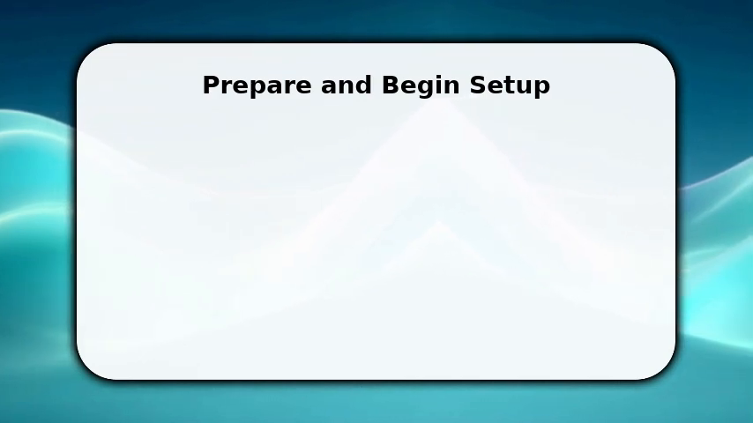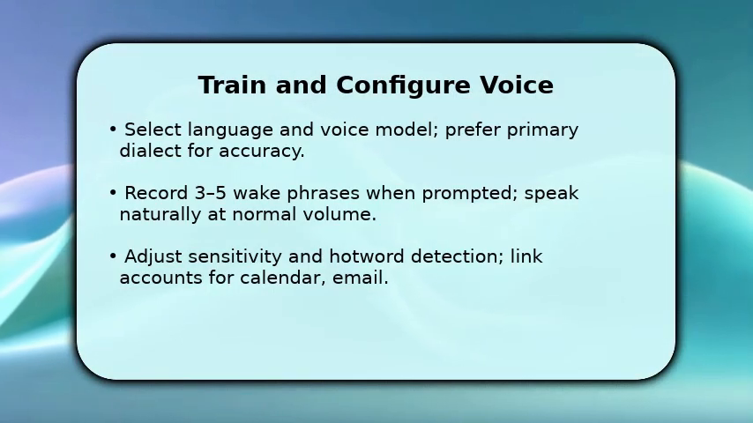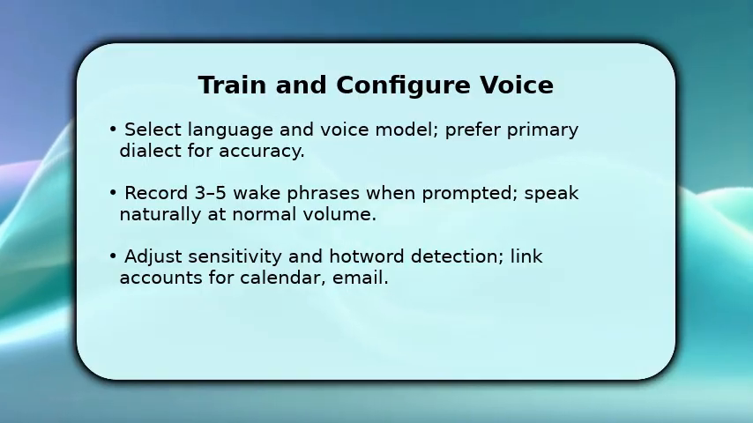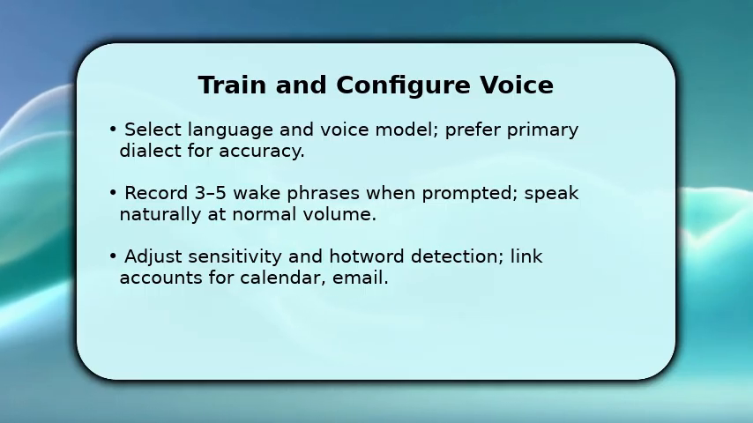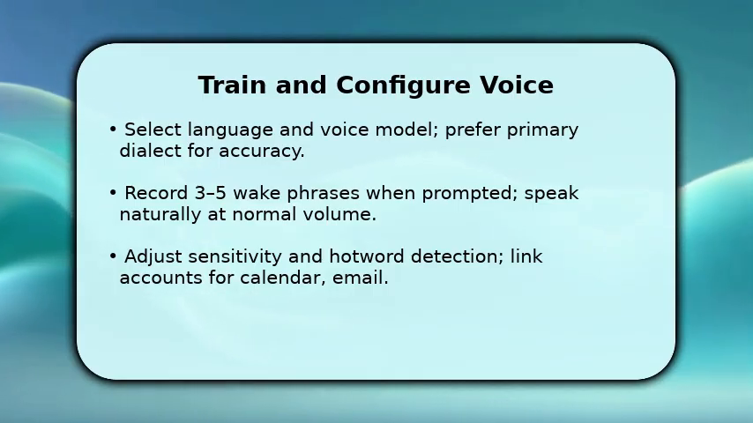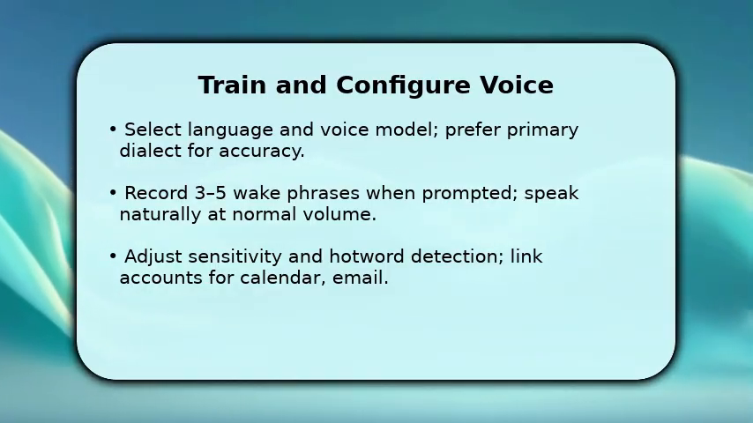Now you'll configure and train the assistant so it recognizes you reliably. Choose the preferred language and voice model. Selecting your primary dialect reduces misrecognition. When prompted, record 3 to 5 wake phrases, speak naturally at normal volume, and pause briefly between attempts so the model captures your cadence. Next, adjust sensitivity or hot word detection so the assistant responds without false triggers. Finally, link necessary accounts like calendar or email to enable